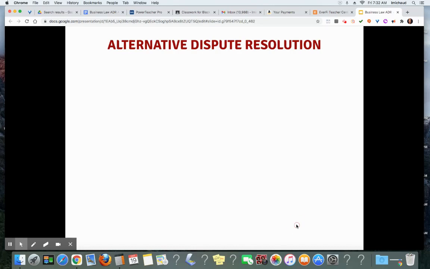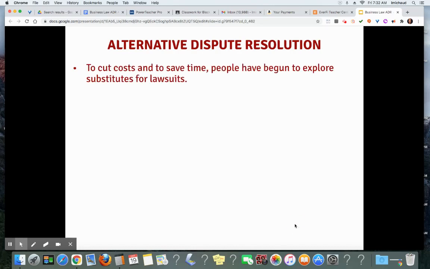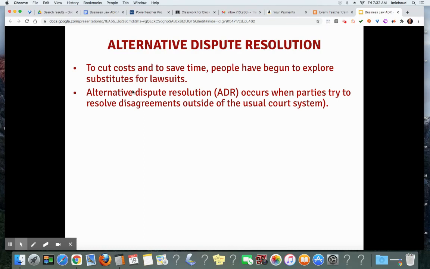So alternative dispute resolution cuts costs and saves time. People have begun to explore substitutes for lawsuits. It occurs when parties try to resolve disagreements outside of the usual court system. And some ADR techniques include